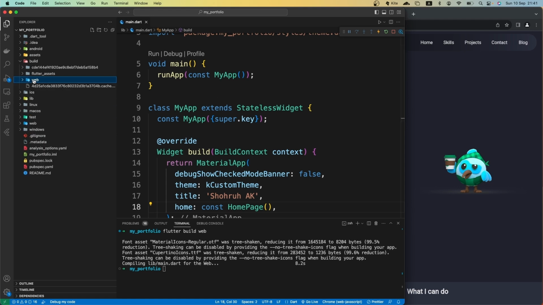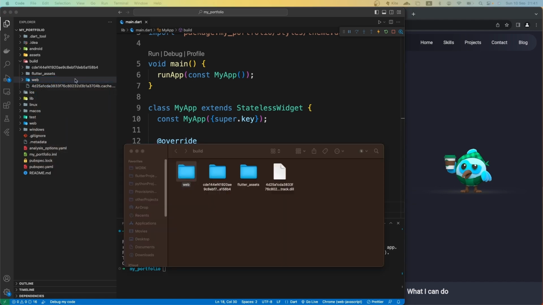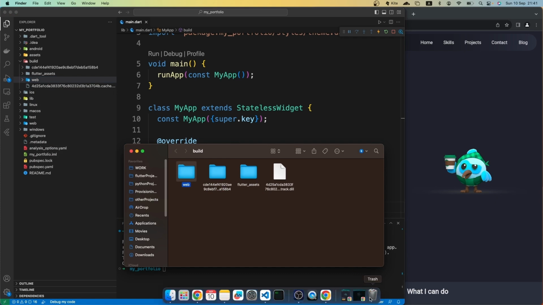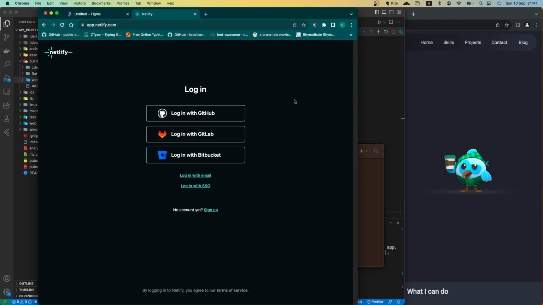All right, so I'm going to reveal this in my Finder. Basically, find that, open that folder. As you can see, I opened that folder, and now what we need to do is open up our browser. So let's open up our browser, and here what you want to do is go to